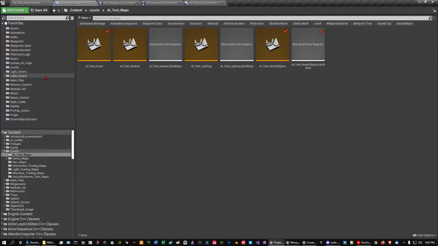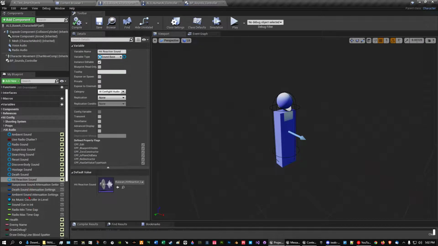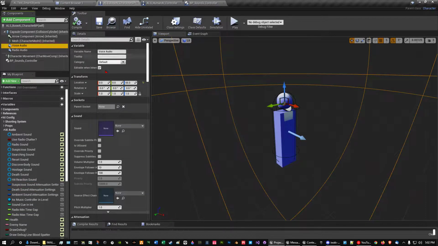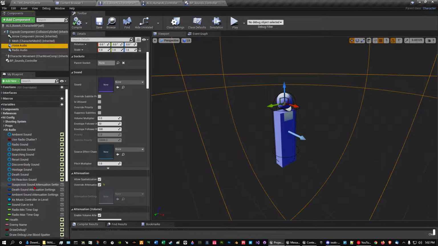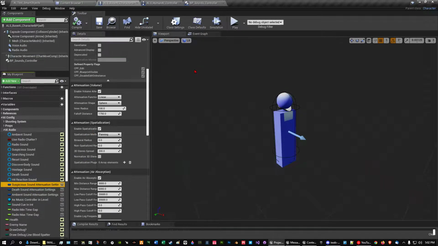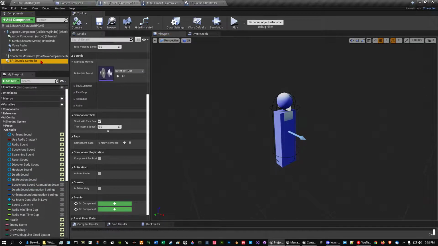And I also have attenuation overrides. For example, if I want to override this attenuation default setting right here, I can do that at runtime by preparing these variables, and then we'll set them in the graph whenever the sound actually plays. So I'll show you the graph in a second, but before I do, you can add this to the